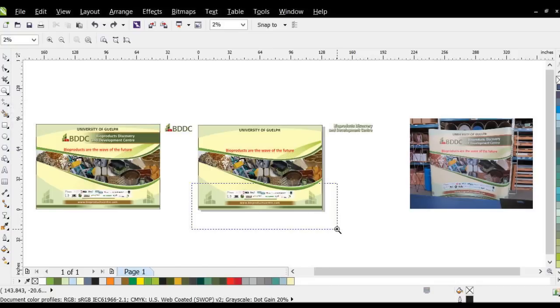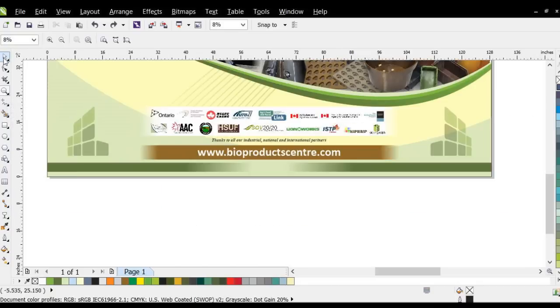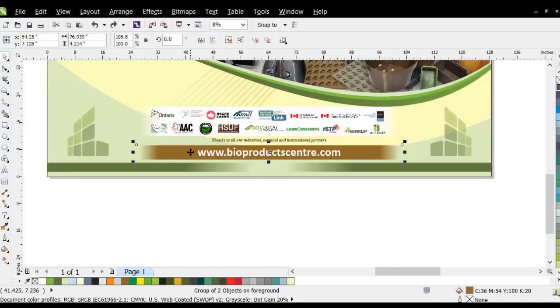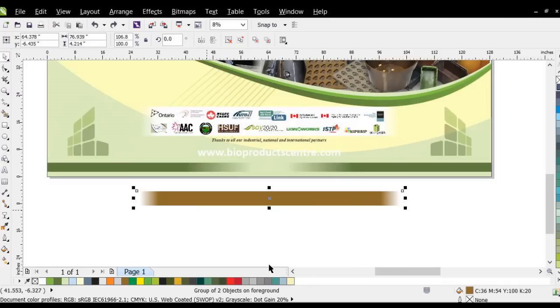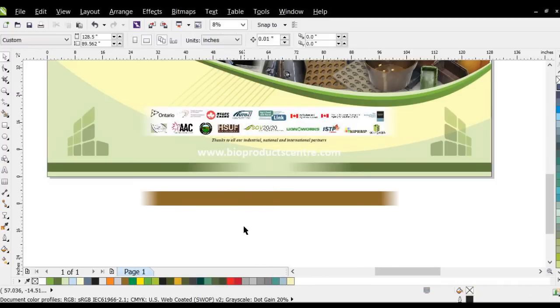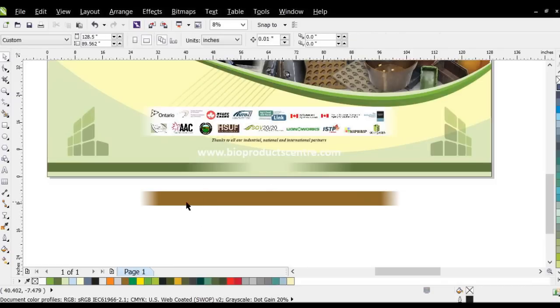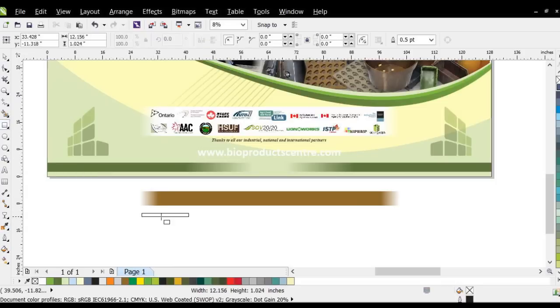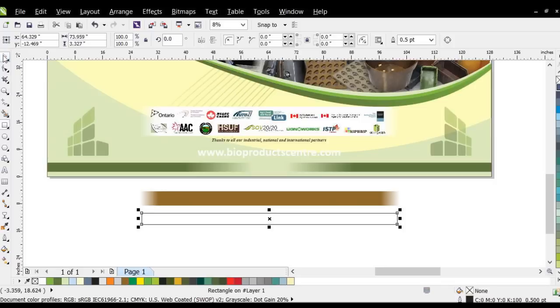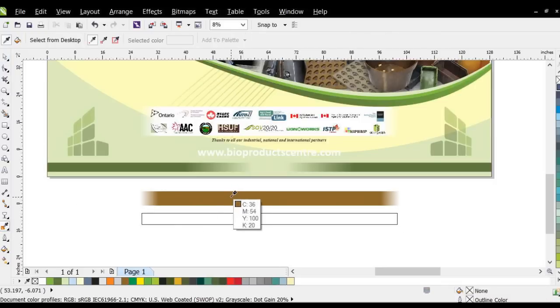Okay, so basically this one here, I'm going to move this over, going down, and then let's see how I did this one. With this one, it's actually grouped together, so there are two objects here. If you notice, you can get this kind of effect. So let's just say I'm going to create that one, and then I'm going to make it the same